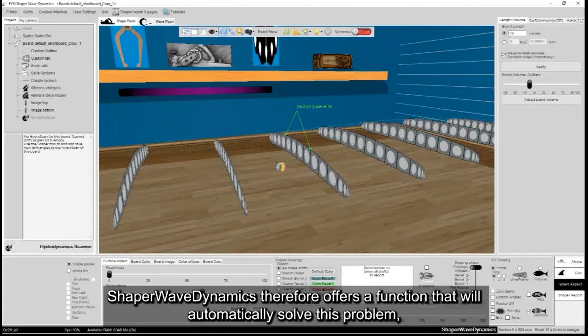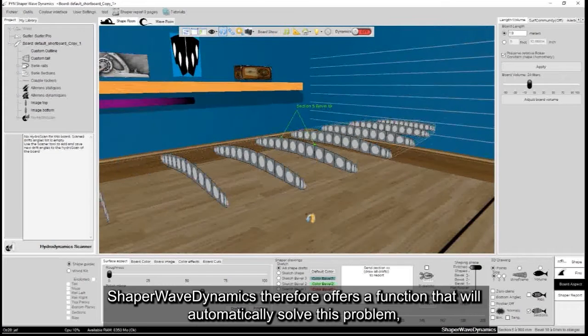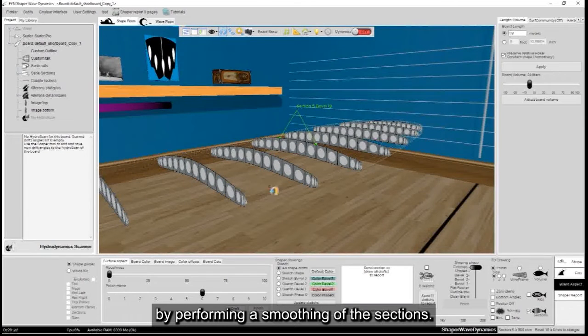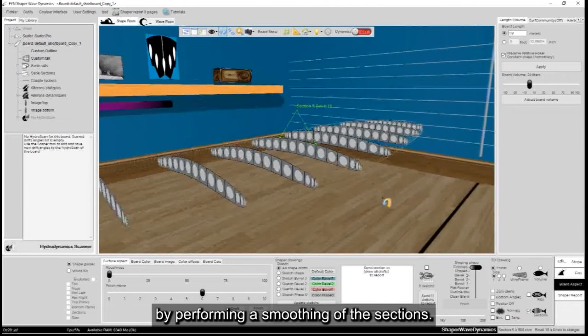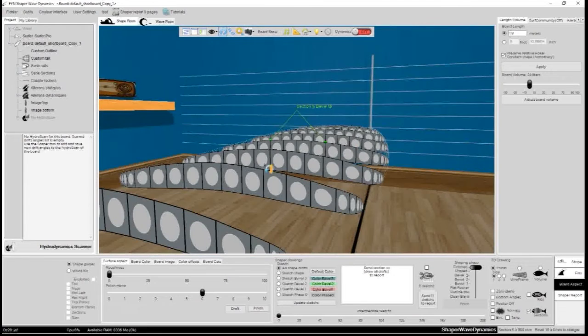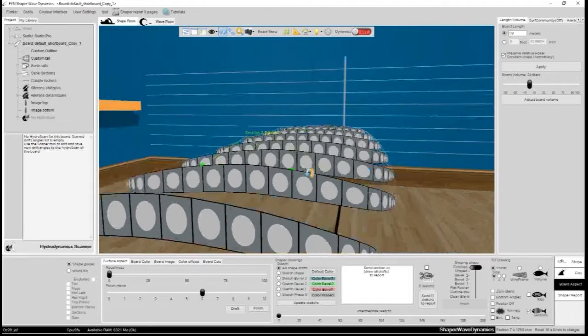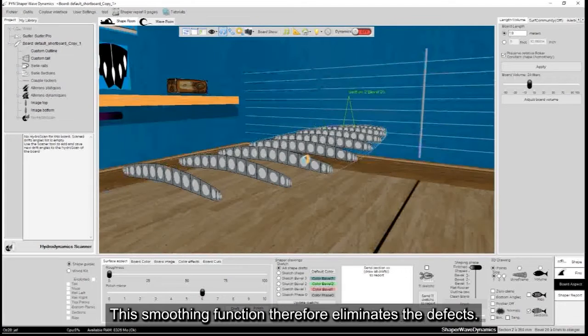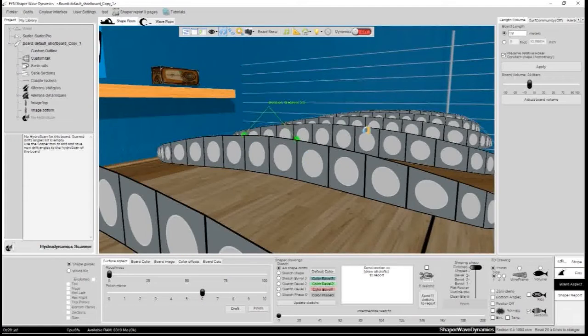Shape-wave dynamics therefore offers a function that will automatically solve this problem by performing a smoothing of the sections. This smoothing function therefore eliminates the defects.